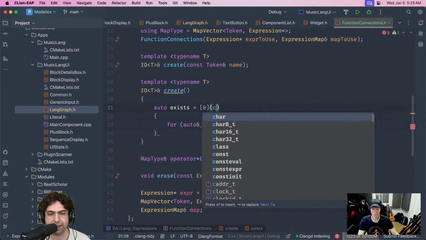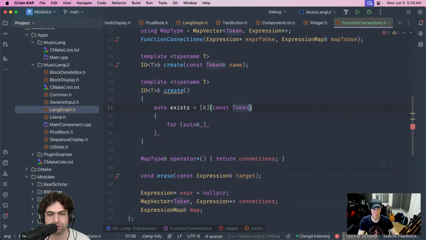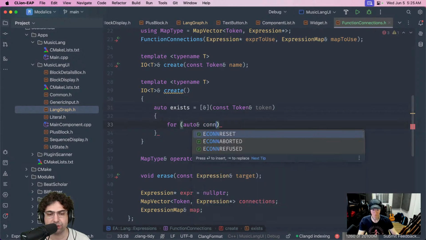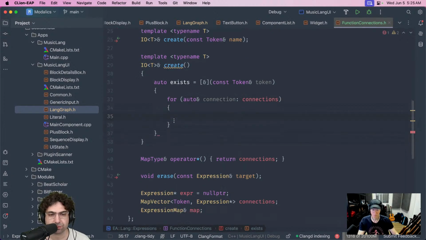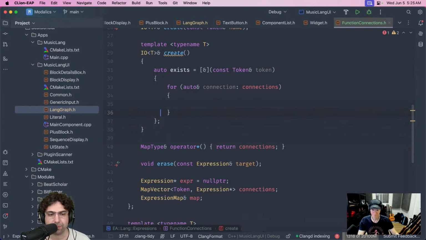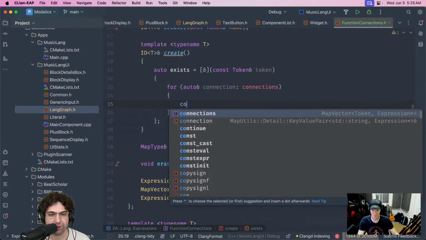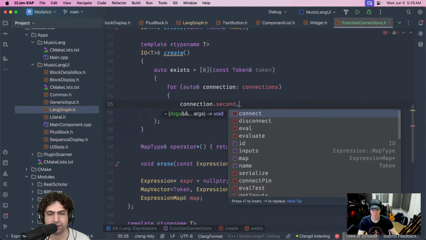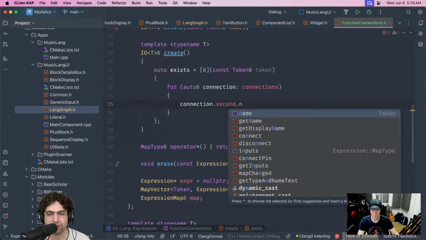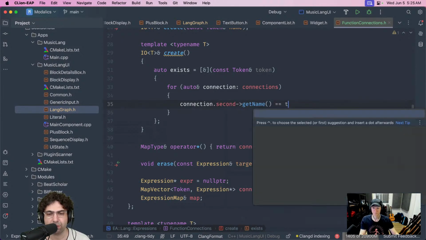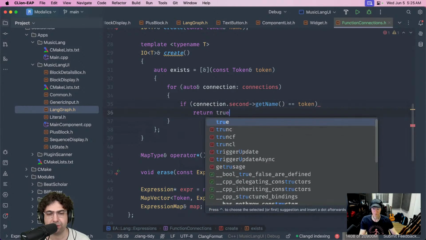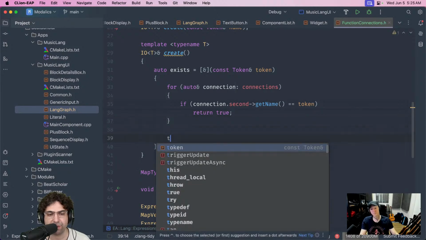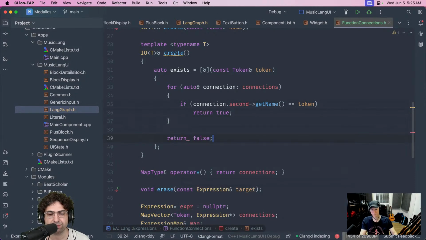This function needs to take a const token, and this will go over connections, and this needs to test if connection dot second dot get name is equal to token, right? So if it exists, return true, and if it went through everything and didn't find anything, return false.